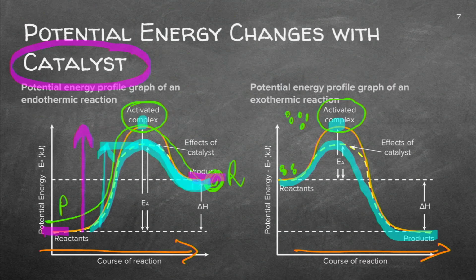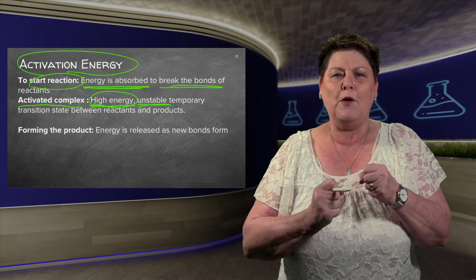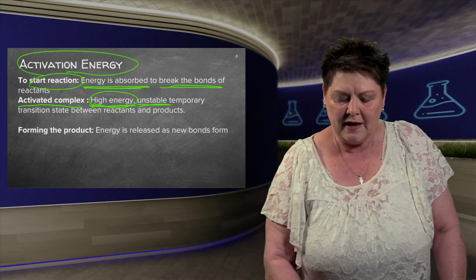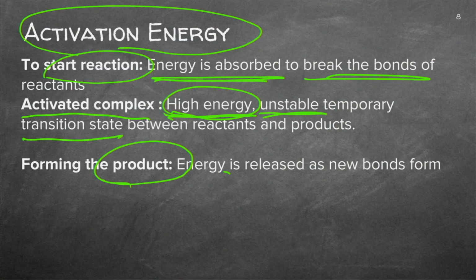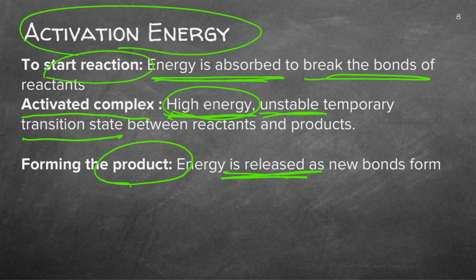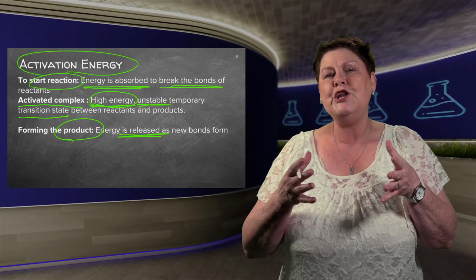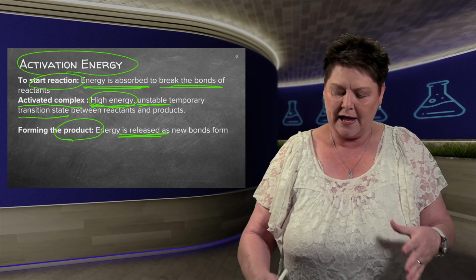And you can see it on our graphs. It's high energy there. And it's unstable. It doesn't want to be like that. It needs a bond. It needs to be together. And it's only a transition. And as soon as it forms the product, it will release that energy again. And in our graphs, we see from that activated complex, it's going down because it releases that energy. This we've done before. Now we're going to a new explanation of what's actually happening in a chemical reaction.